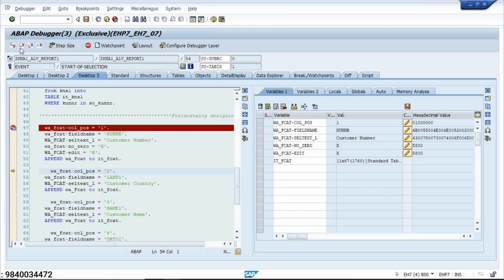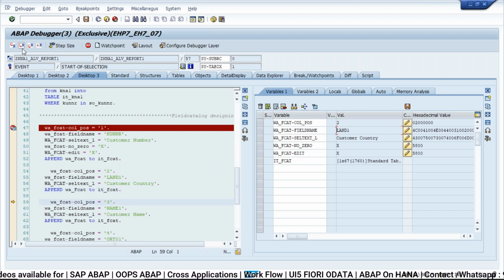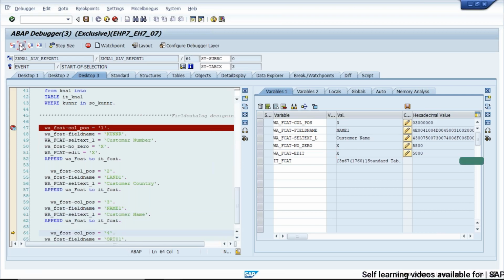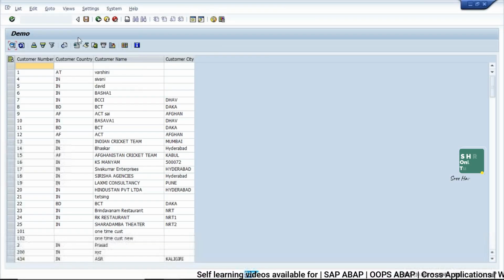And the second column starts here. Column number 2, you can observe here, field name Land1, selection text customer country, and again append. But if you observe here, whatever value we had assigned for edit in the previous column keeps on continuing for the rest of the columns like this. It keeps on continuing for each and every column. It is not getting erased. So this we can find in debug,